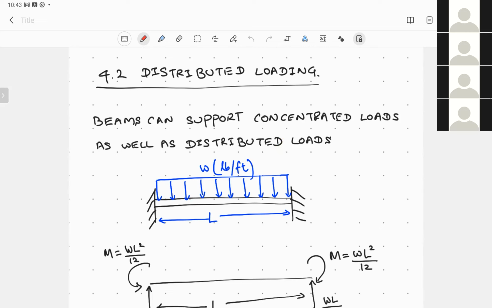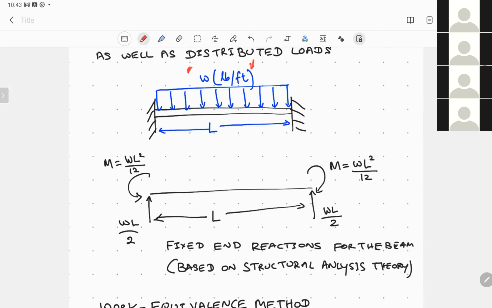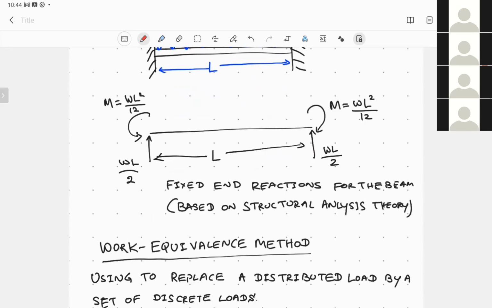How can we consider a distributed load, let's say a distributed load given by L, which is a function of the length? So, let's say, based on the fixed end reactions, of course, based on structural analysis theory, maybe you can recall, for such a beam which has been fixed at both ends can be represented by